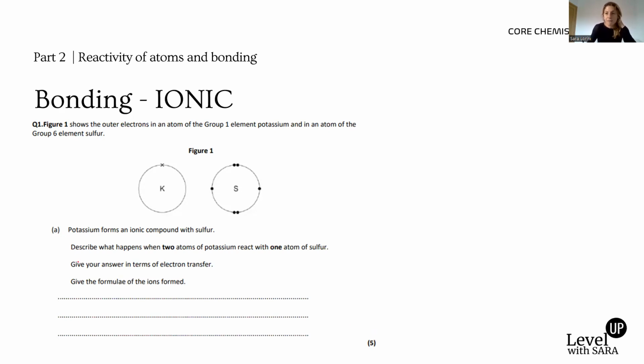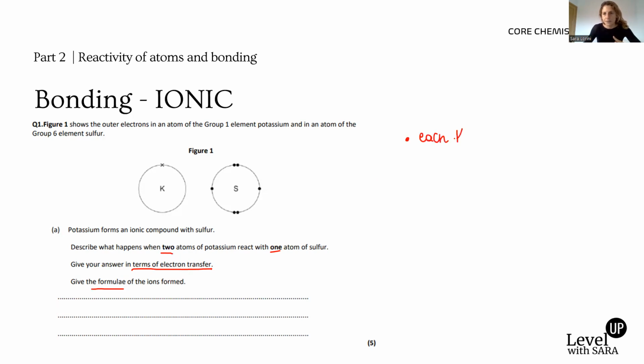But notice that you also have many indications of what to say, because it describes what happens. 2 atoms, it's highlighted, it's going to mean something. React with 1 atom of sulfur. Give your answer in terms of electron transfer. It's very important, and give the formula of the ions. Notice that these are going to be short marks because it's stated clearly in the question that you have to say that. Okay, so the key point to say is that